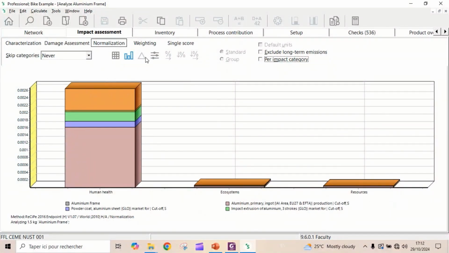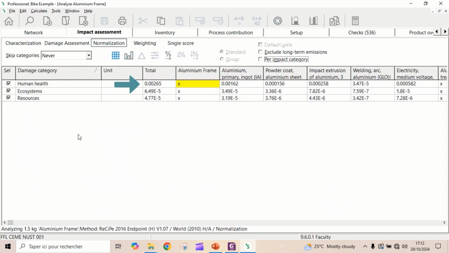When you click on the Show Table icon at the top, you can see the normalized score of the materials and processes involved in the production of the aluminium frame for the various damage categories. For instance, in this case, you can see that the production of the aluminium frame has an overall normalized score of